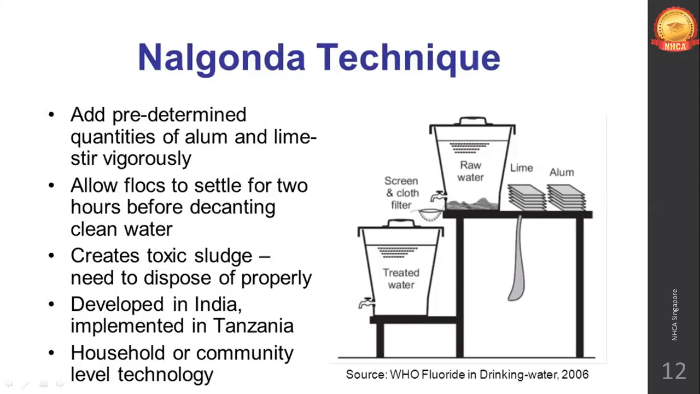So predetermined quantities of alum and lime are added into the water, mixed well, and we wait for the precipitate to form. Flocks means precipitate. You can see here raw water they have taken directly from the source. They have added lime and alum in that, and you can see the precipitate that has settled down. It is insoluble. Precipitate means it will not get dissolved. So once it settles down, you can use a filter sieve and filter out all the